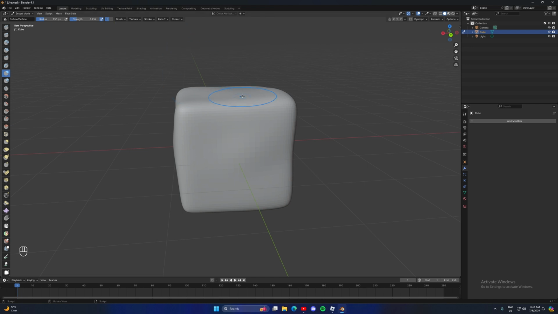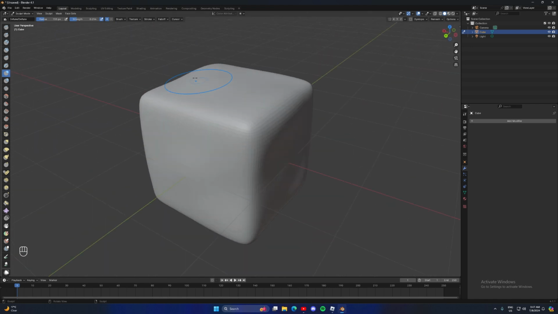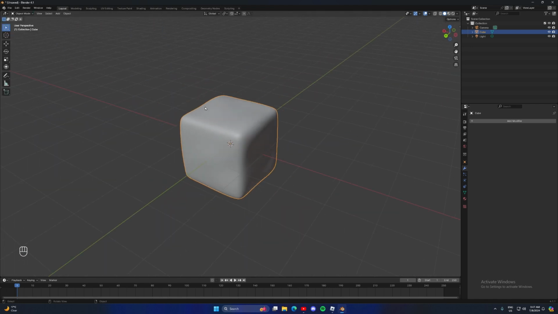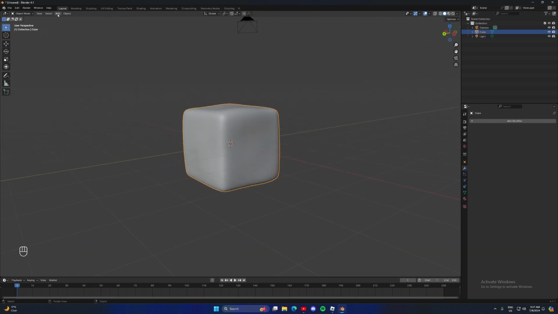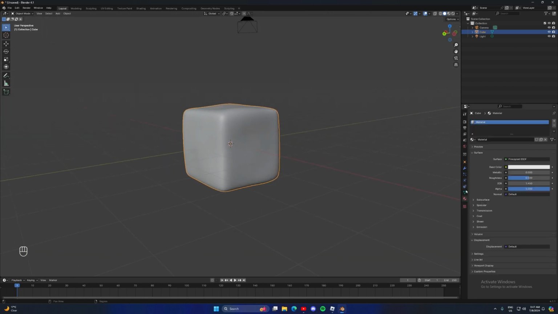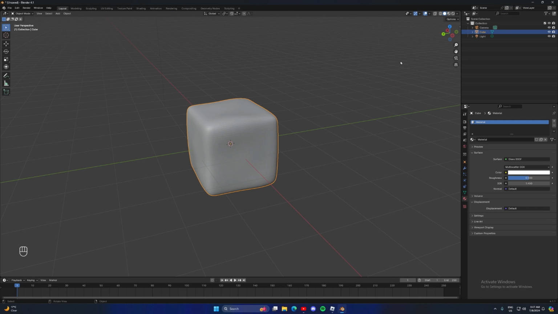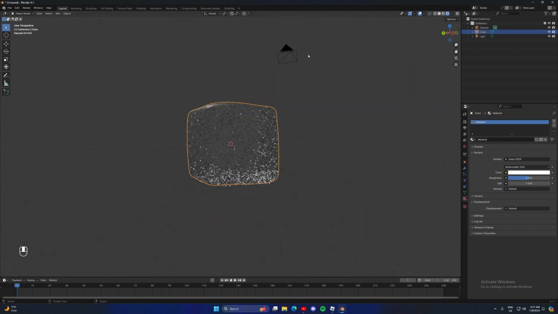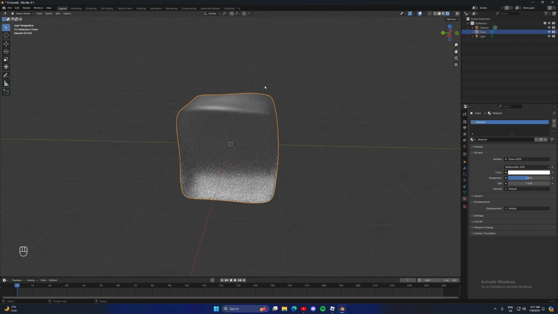Okay, now that I've gotten a shape I like for my ice cube, I'm going to go back to object mode, and then I'm going to go to material settings, and then I'm going to put on Glass BSDF, and then you can go to your viewport shading settings, and then you can go to the render preview one. And then you can see what it looks like with the Glass BSDF, but it's kind of hard to see